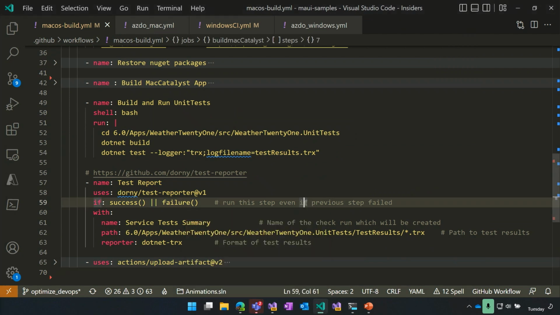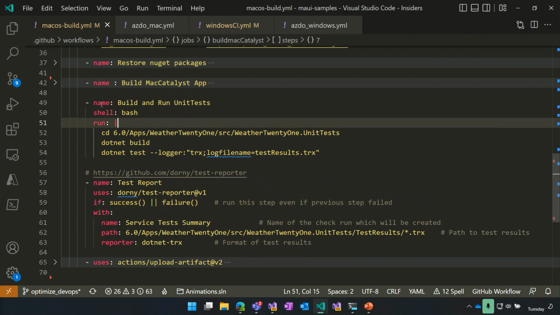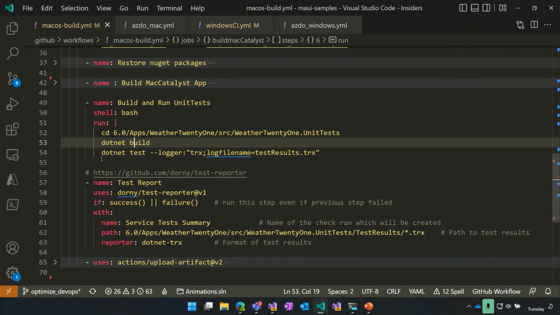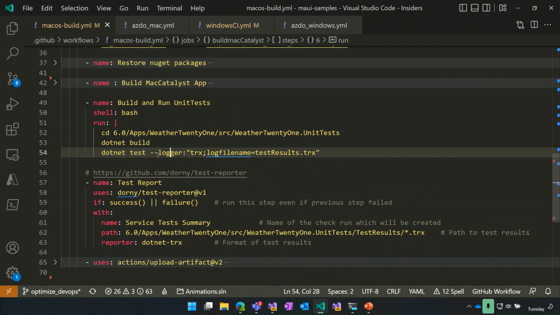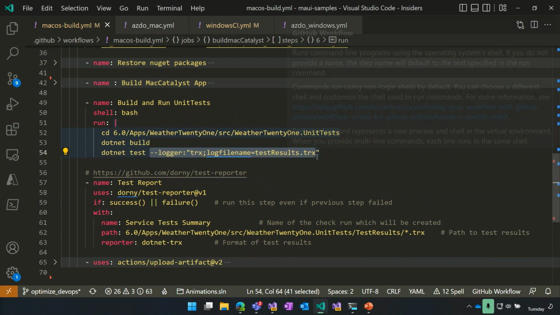Okay, so now that we have all of this set up, like I said, I'm doing a .NET build again, but you can totally just do .NET test straight up and it's going to figure it out. So we're back to looking at this logger over here. The reason we need to have this logger is this is all to do with how you want to report your test. So here you have a few options.